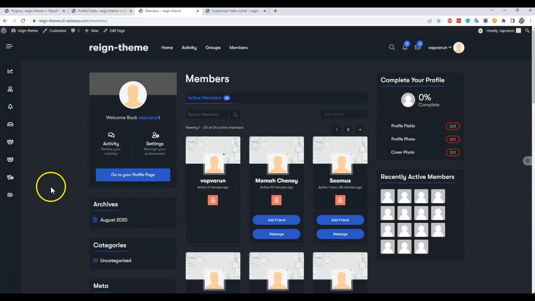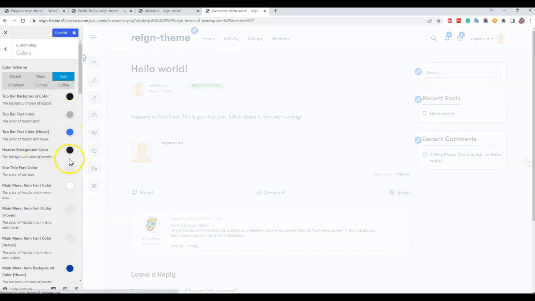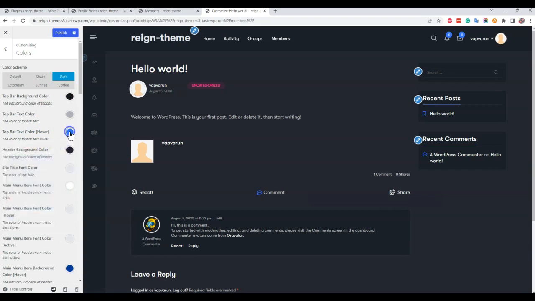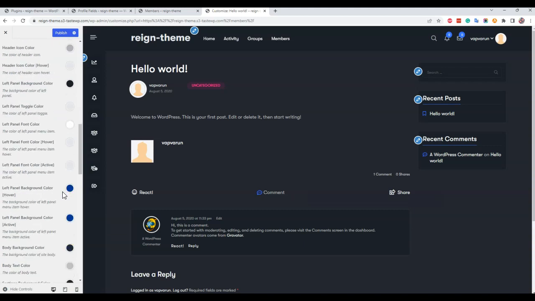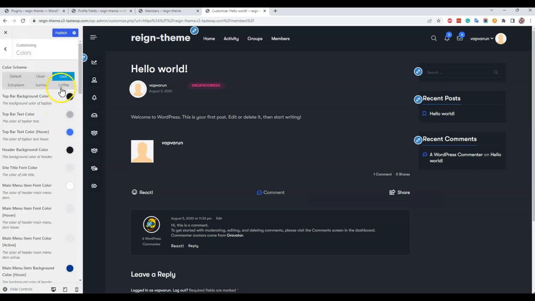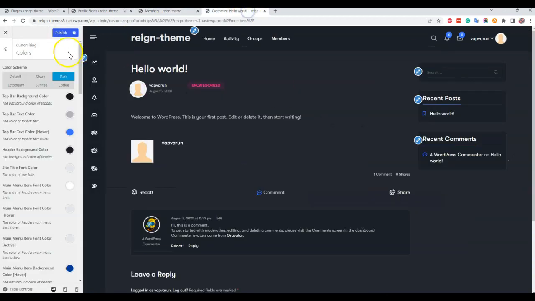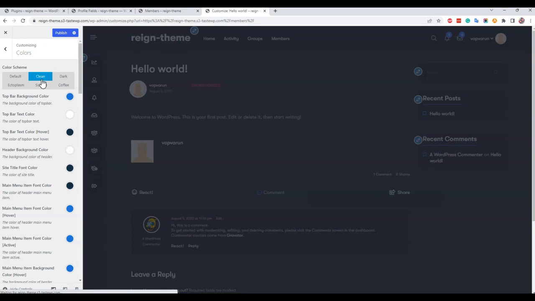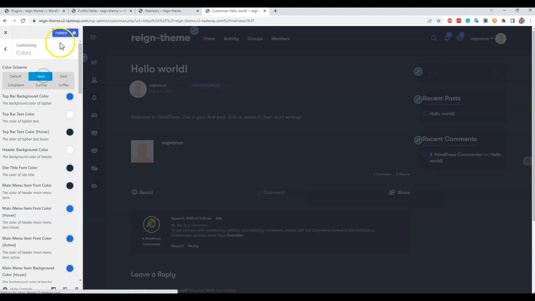Suppose you want to use a pink color for these buttons, then you just have to go to the customizer setting, and inside the dark mode you just have to select the pink color for these buttons. Then in that way all the buttons will be configured as a pink color. So any changes for the color scheme that you do for the dark mode will be applied for the dark mode options you are getting here. So by default you have to keep the color scheme clean and make changes to the dark and apply that one. Okay,